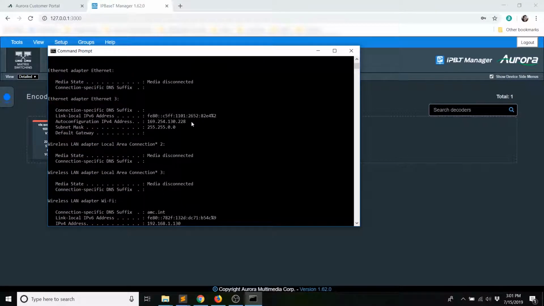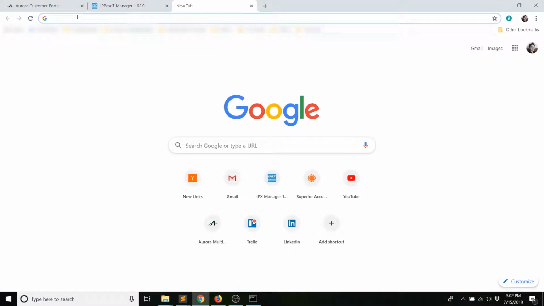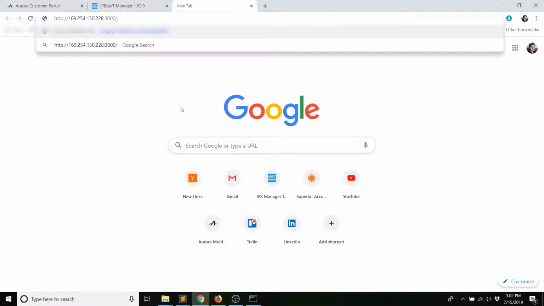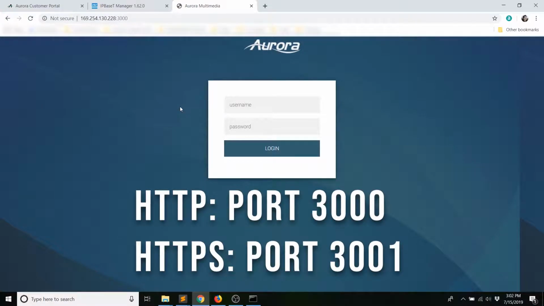Now you need to locate the adapter that you're using to connect to the network. You will see an IPv4 address listed. In this example, my IP address is 169.254.130.228. So if we type that into our browser, you'll see that we can hit the manager in the same way as using localhost. Now, you want to specify port 3000, and if you're running HTTPS, you want to use